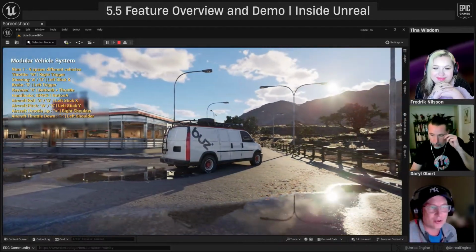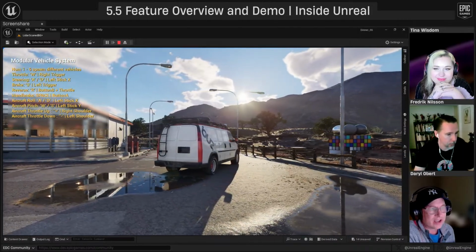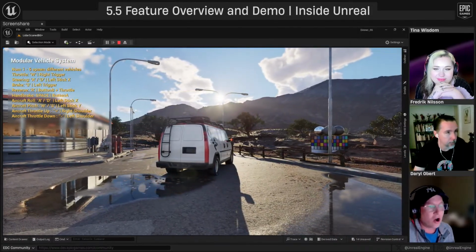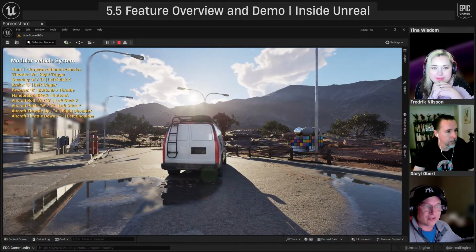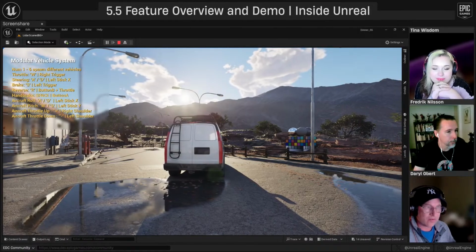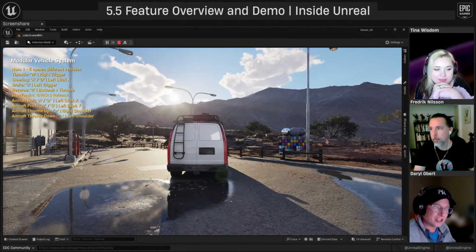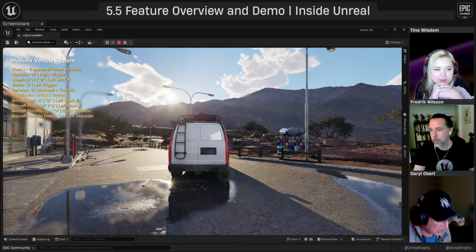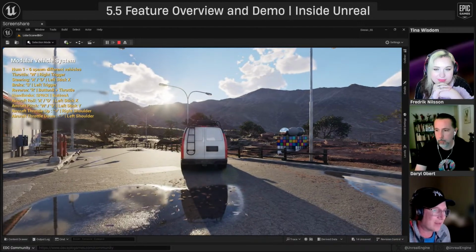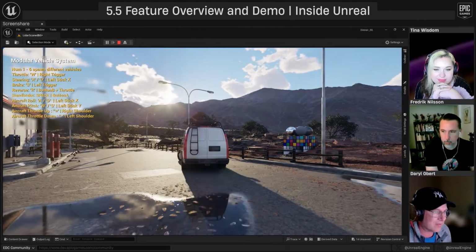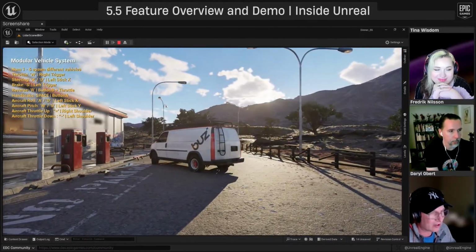Again, the skeletal mesh version of that rig is also inside of the example content. All I did was open up that skeletal mesh and then re-offset the positions of the bones that drove the little buggy skeletal mesh. Actually, it's a sports car. I re-offset the position of the bones from that sports car skeletal mesh to match the fixed points of my vehicle. It took all of 5 or 10 minutes to do that, and it ultimately gave me a drivable little van that's got really nice art.